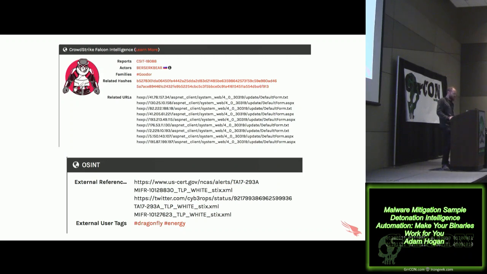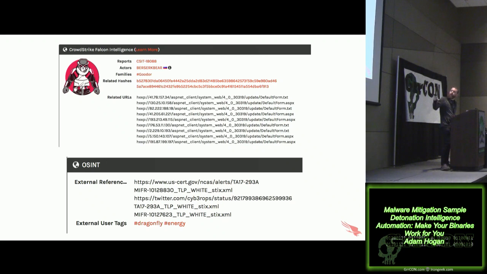So part of that report is what we've already been able to learn about this threat actor, including the attribution. So this is actually coming back and saying, by the way, we've seen this before, we know it, this is BERSERK Bear. It's part of that GrrCon family. Here are some related hashes, and then here's the URLs where we've actually seen, which are useful not just because maybe I want to block these IPs. They're probably down already, right? But the format here is actually really interesting because this almost certainly points to the threat actor using a strategic web compromise on ASP servers. Right? Just by the way they're trying to hide that URL format, it's almost certainly where they're hiding that call home.